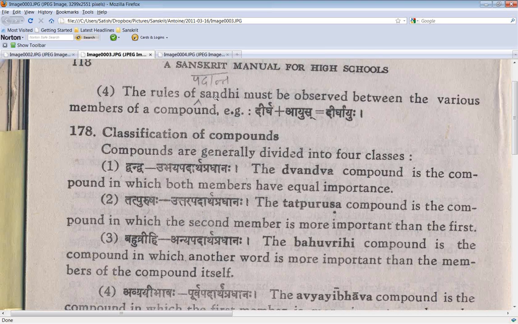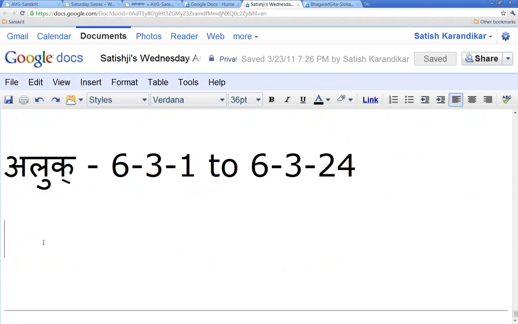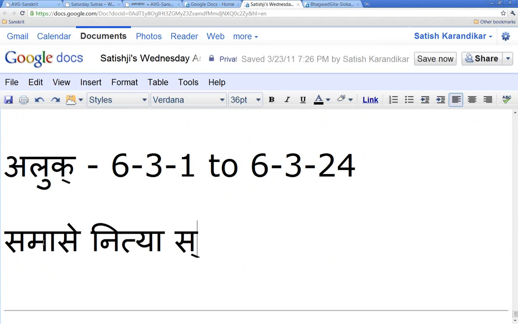So I'll put this in our document: samase nitya, samase samhita nitya. So sandhikaram has to be done, and it also has to be a padanta, which we also saw today. It is also just the padasanya. So all these things about the samhita, all those rules will apply. Sandhi rules will apply. Okay, that's on top of the page.